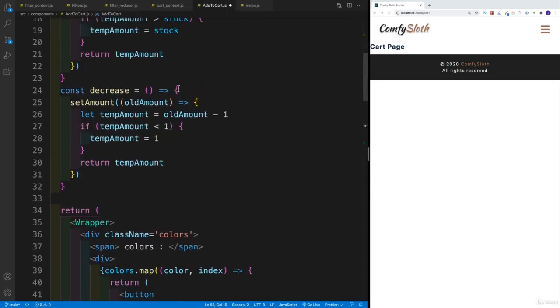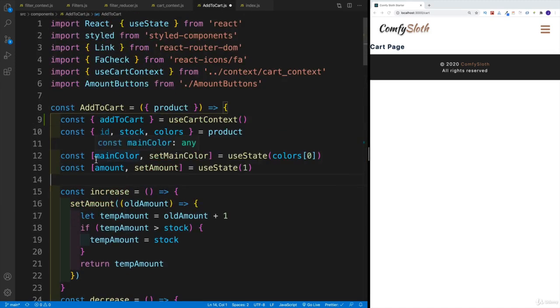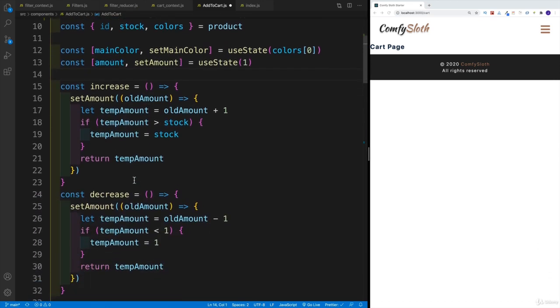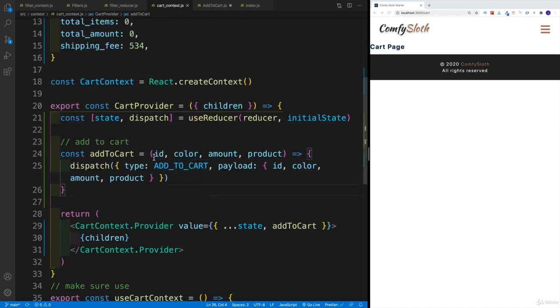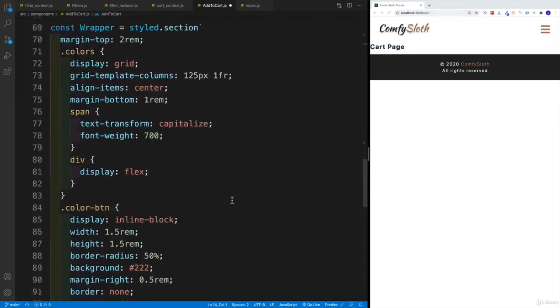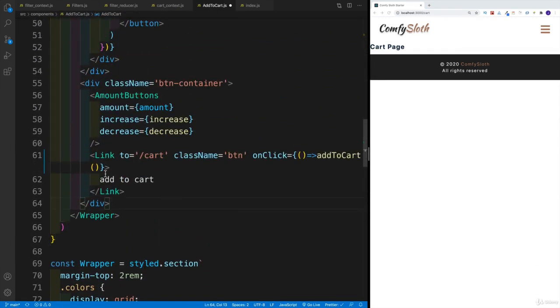Remember, in add to cart, we were setting up these values in the state. We had the main color, so the color that the user picked, as well as the amount. So amount of items, and then of course we were checking so it is not bigger than the stock. So in the cart context, we're looking for ID, we're looking for that main color, and then the amount of items we would want to add to the cart. So we scroll back down, and not in CSS,